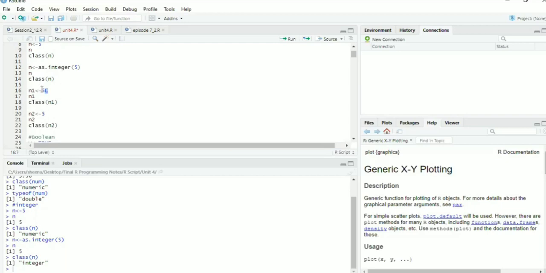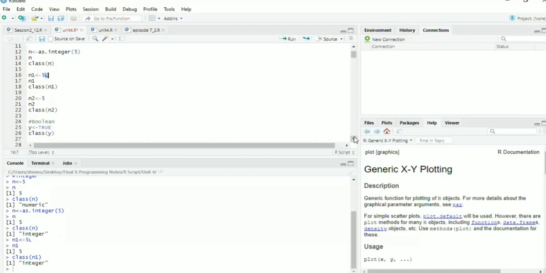For example, if I write 5L and assign it to L1, it will create the value 5, and when I check the type, it will show you an integer variable. So now there are two options. Either you use as.integer, or you assign a capital L after the integer.